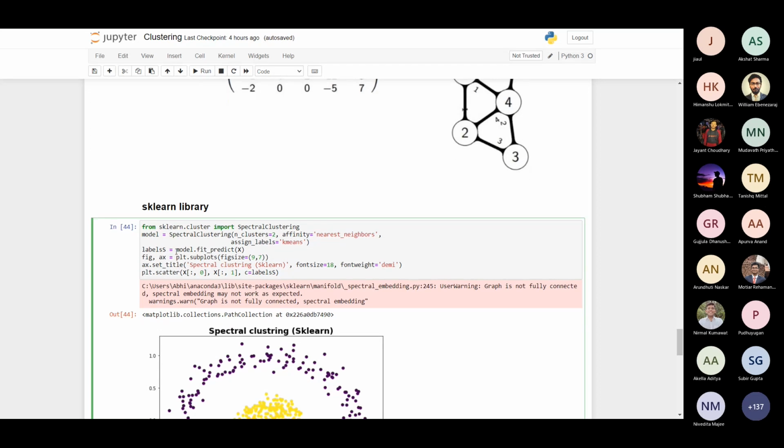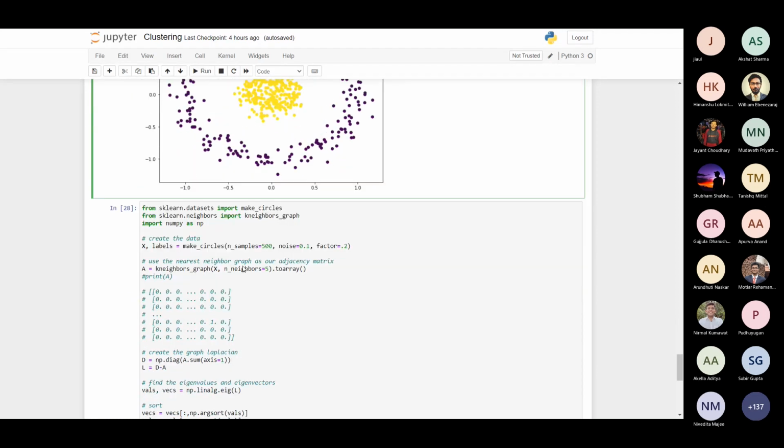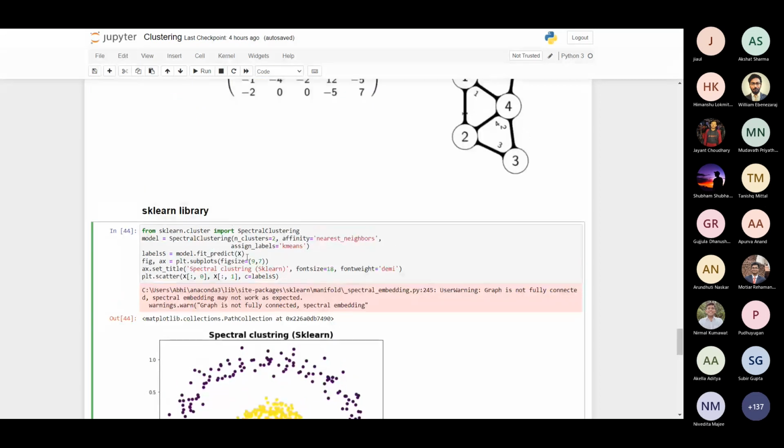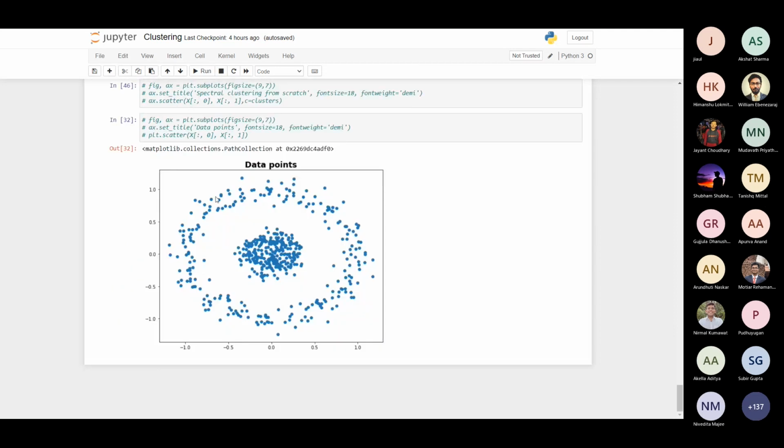Basically we will fit the model with the data point x. X is basically the data points. I am doing it manually, so I have defined it here. This is the data point x I am using, and after that we will plot the figure to see how spectral clustering will look, and how our original data looks.